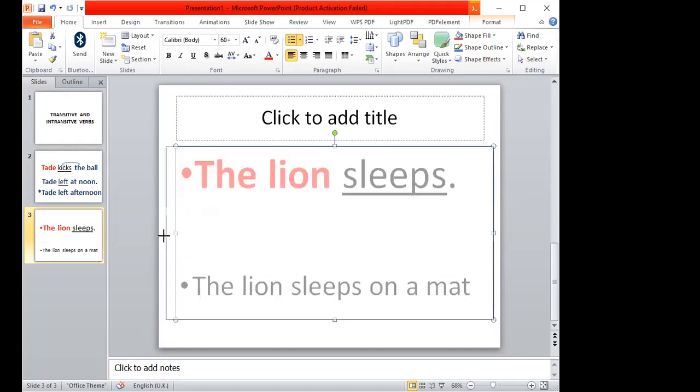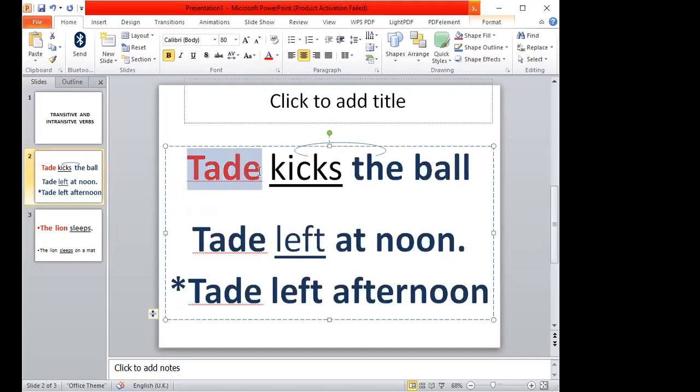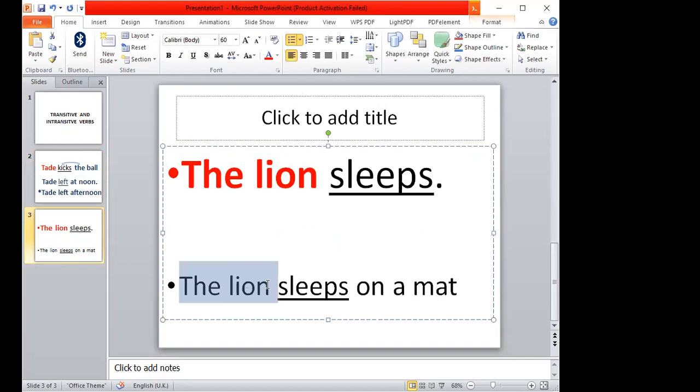But between my verb, sleeps, and my object, there is something removing the connection that would have come to them like this. Here I have my subject, my verb, and my object directly after it. But in this situation, I have my subject,